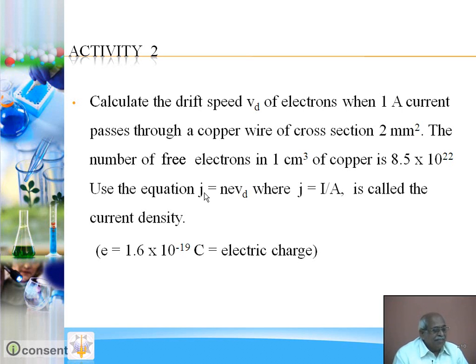The equation for current density is J is N E V suffix D. N is the number of electrons per unit volume. It is given here. N is given. You have to convert into SI unit. E is of course electronic charge. You know very well, E has value 1.6 into 10^-19 coulomb. Vd is drift velocity. So you can use this equation and calculate drift velocity. You will find that drift velocity is a small fraction of a millimeter